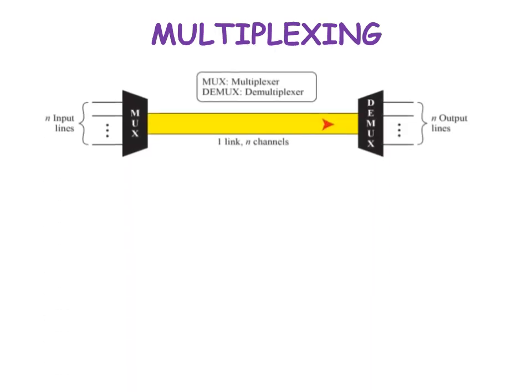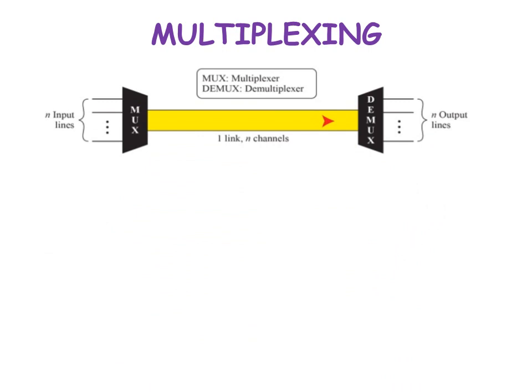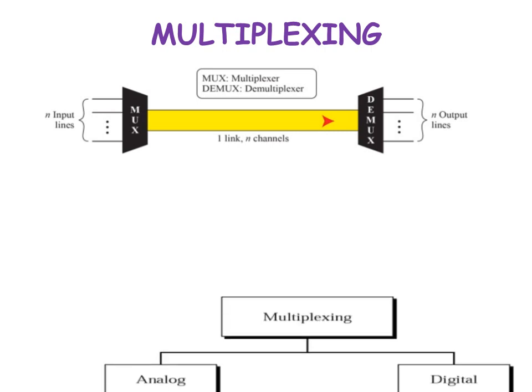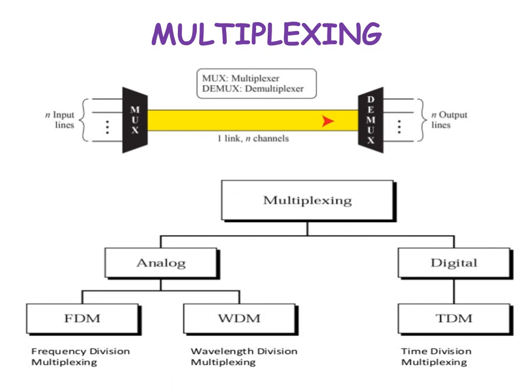So you have the diagram of a multiplexer. As I've told you, you've studied this in digital logic circuits. The first one is your mux, where you have many input lines and a single output line. And the demultiplexer is just the opposite of your multiplexer, where you have a single input which is converted into many lines as outputs. Now this diagram tells how it's going to be classified.